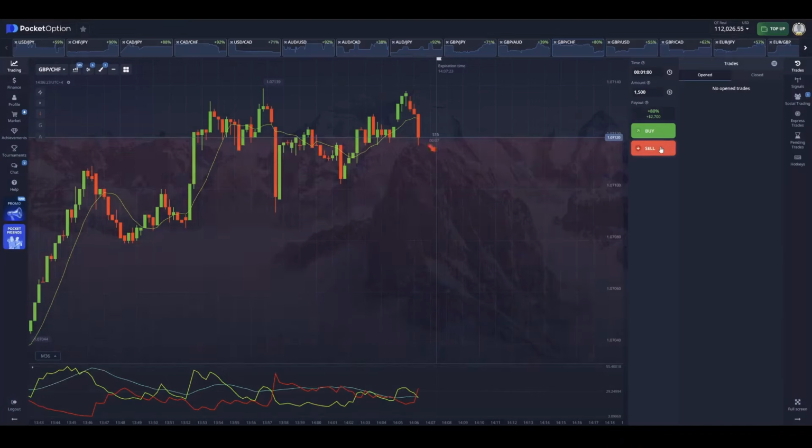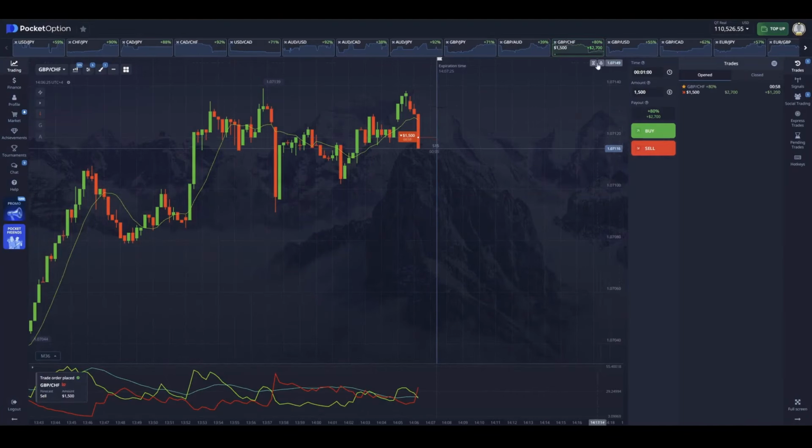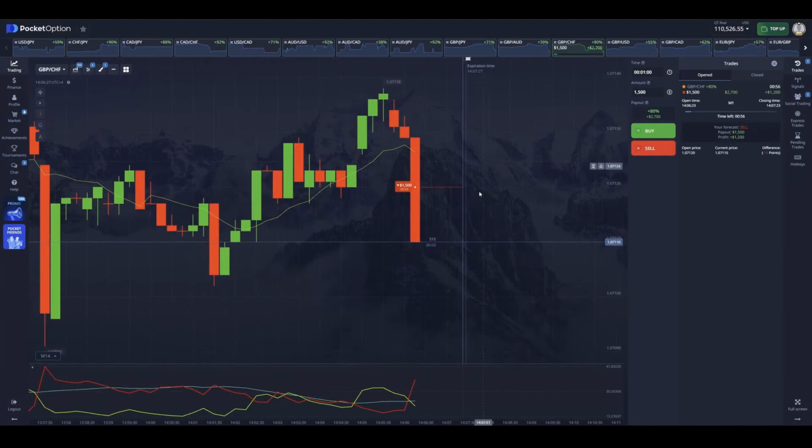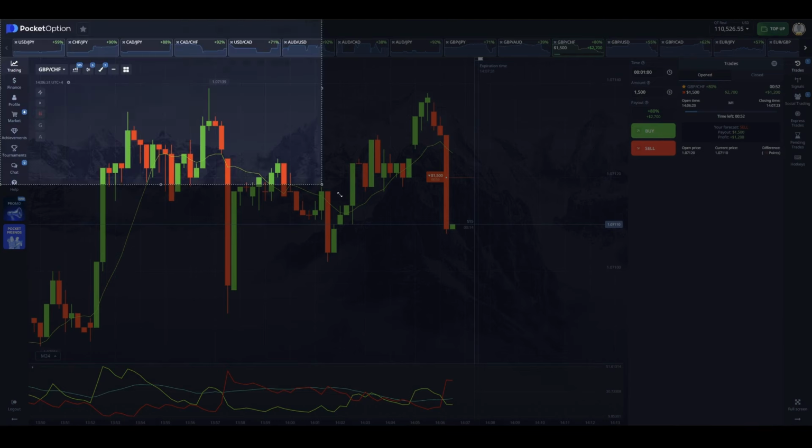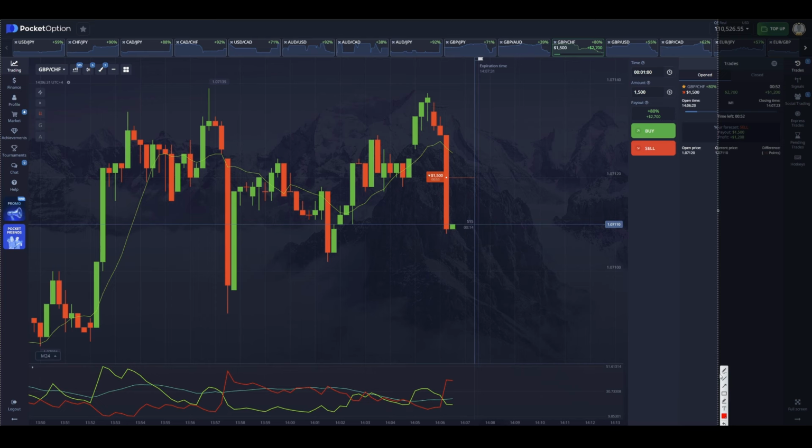Look, let's check out an example trade on the British pound and Swiss franc. We've got a lot of parameters to work with. But how do we find that exact entry point we need? We've got 2 main lines, red and green. We're going to use them as our main entry point on the ADX. So when these 2 lines cross, that's the exact moment we'll open a trade either to